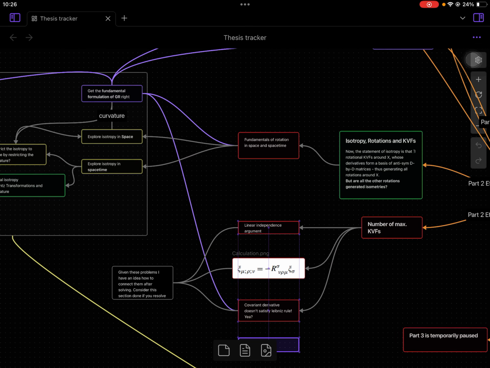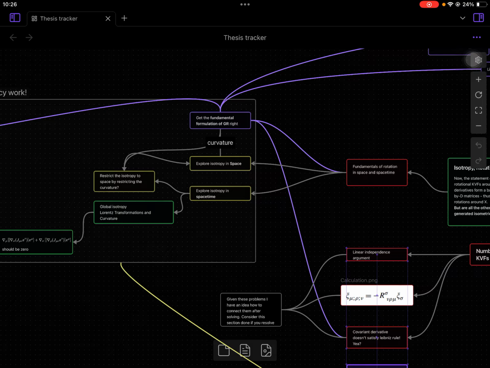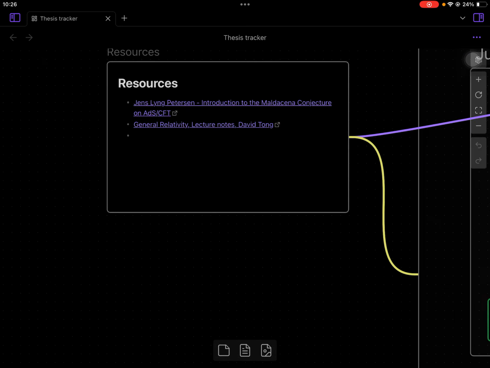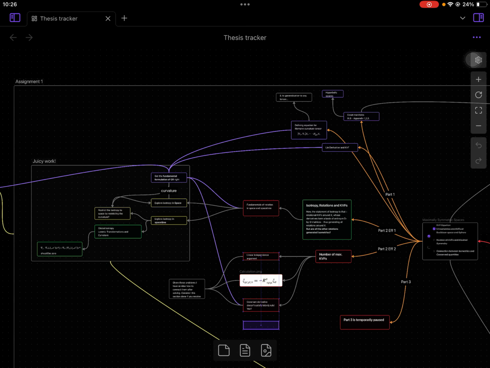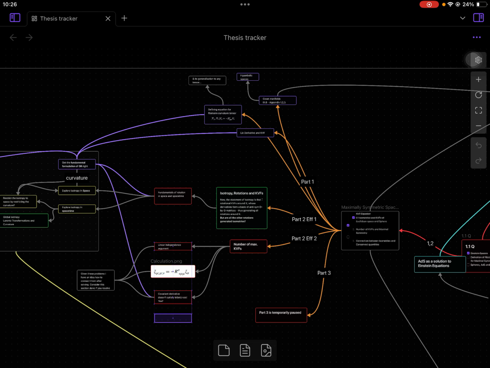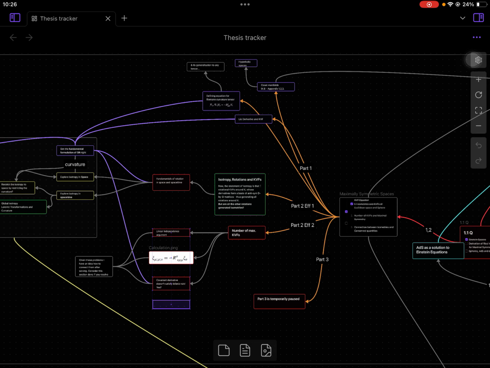For now I'm linking it to get the fundamental parts of the formulation of GR right, because I really have to do that. I need to read Tong and learn the principles behind it. The course that I did felt very ad hoc, although it gave me a flavor of GR, I guess, but it's a first course, so it's good. I appreciate whatever I learned, but I need more, of course, and I'll do that. This is one of the ways I could do that. So, yep.